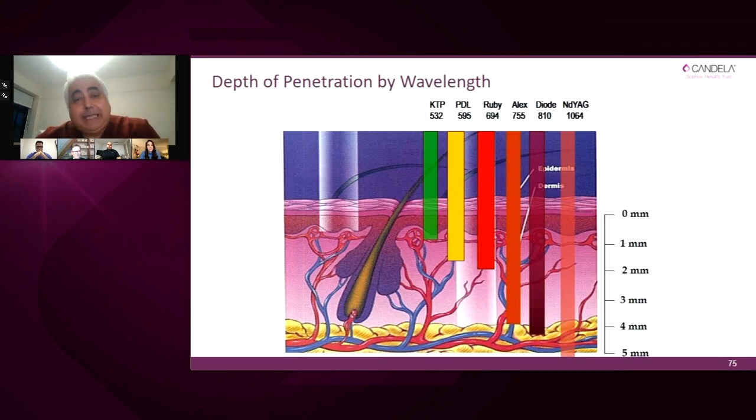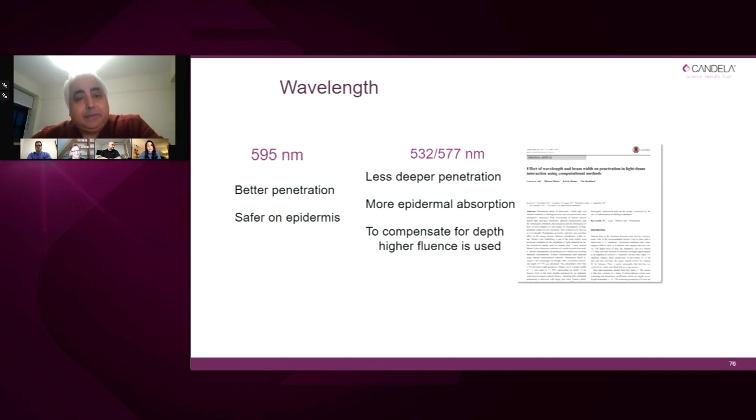So here, you can see that the shorter the wavelength, the more superficial the absorption. On the other hand, the longer the wavelength, the deeper the penetration. So in particular, if you are going to talk about superficial vessels, sometimes one of the questions is, what about the 532? And I'm going to explain why actually the 595 is a better wavelength when we talk about superficial vascular lesions. And that is because the relatively longer wavelength of the 595, which is in the V-Beam Perfecta, allows for a deeper and better penetration. But it also means that there's going to be less strong melanin absorption compared to the shorter wavelength.